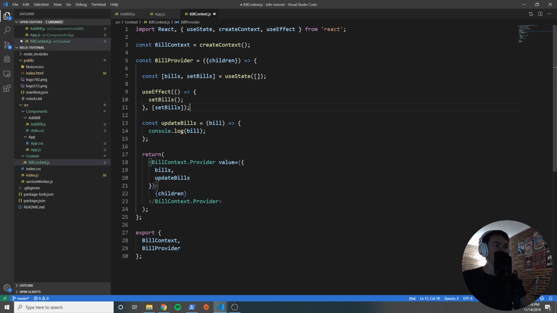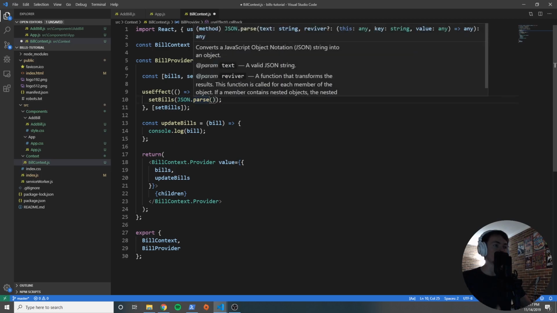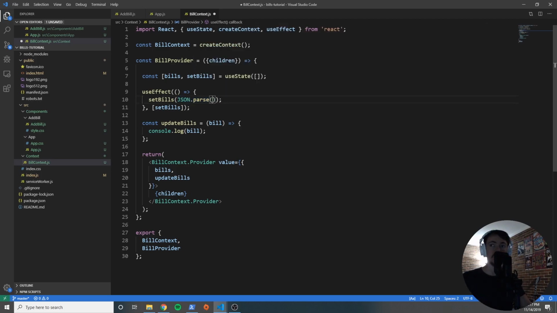So inside of here we can say setBills. Now remember, this function is going to run when our context initializes. So what we want to do is check inside of our local storage and say JSON.parse. We want to say JSON.parse because in local storage we can only store strings, and so when we store our array in there, we're actually going to convert it to a string before we store it. So when we pull it out, we need to use JSON.parse to convert it from a string back to an object. So the name of the item that we're going to get from local storage, so getItem, is going to be, we'll call it